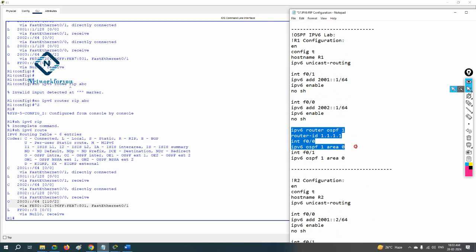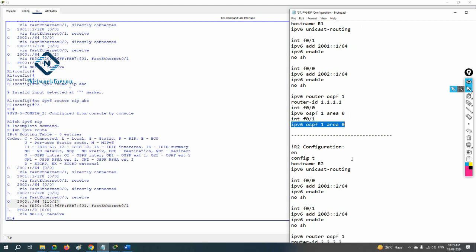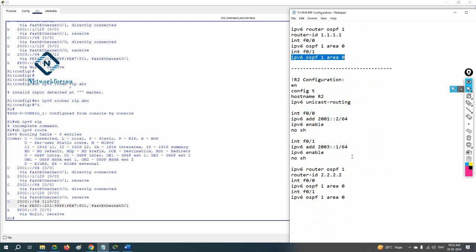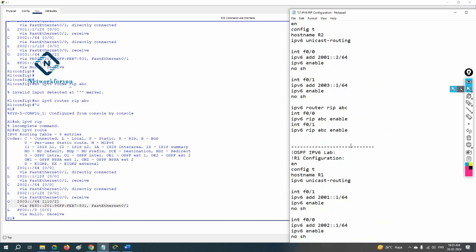Same as we do in IPv4, we write IPv6 OSPF 1 area 0 under the interface where you want to enable it. That's all. Okay, I hope it is clear. So this is also easy and very simple. Now after that what we can do,